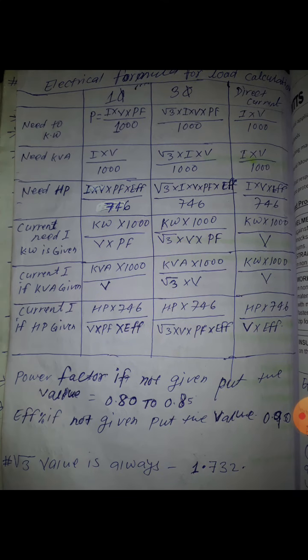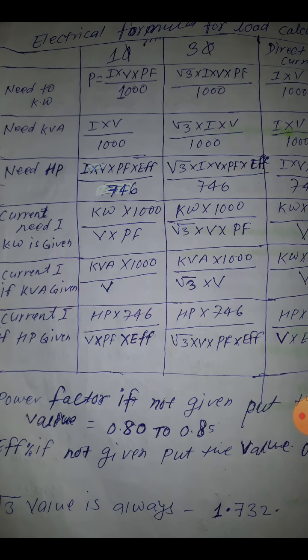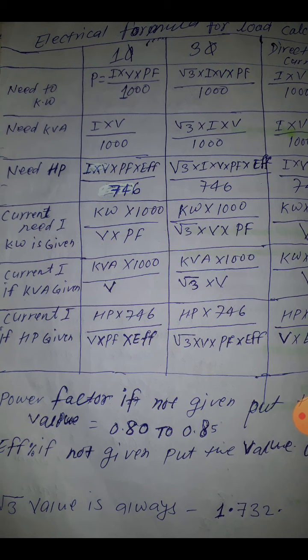Another important topic I will give you is the electrical formula, how to calculate the load. For example, all motors are given in HP and kilowatts. How do we convert kilowatts to amperes, to know how many amperes of current the load takes? How do we convert HP to amperes? This is the most important. So I will give you the formula to convert kilowatts to HP, or kilowatts to watts, or HP to kilowatts.